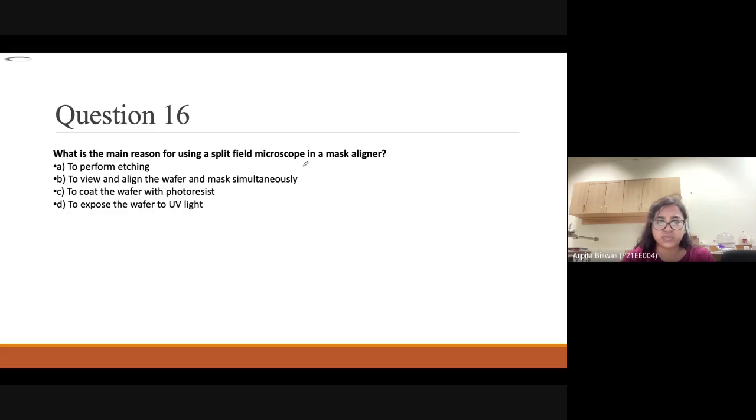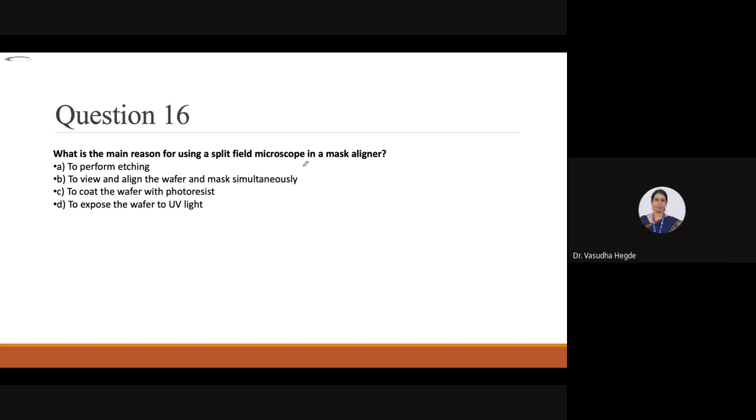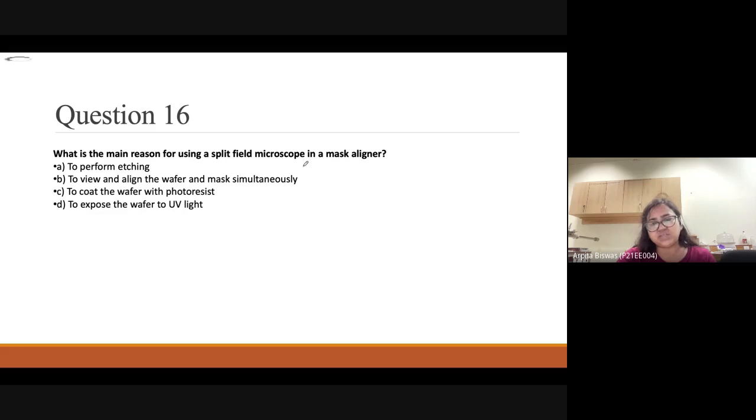So we need the soft bake to remove some moisture, and then after the photoresist, we heat it for some time with a hard bake process, and we require a temperature of around 100 degrees centigrade for 10 minutes. So soft bake removes the moisture if it's present on the wafer or surface, and hard bake is required to